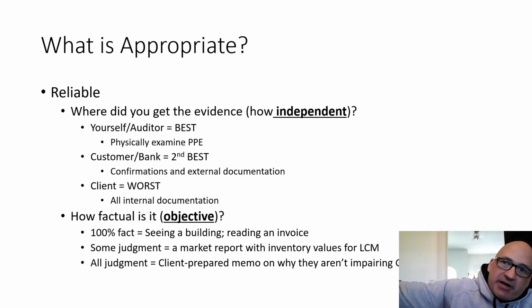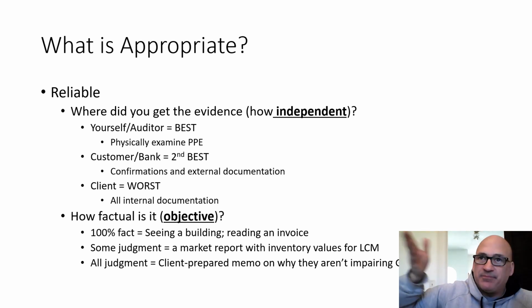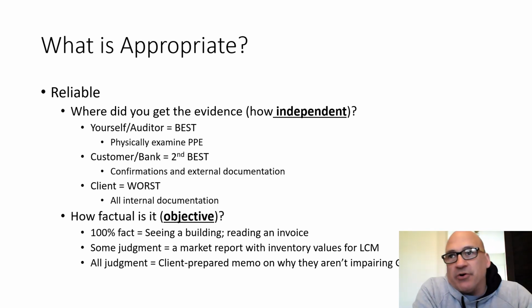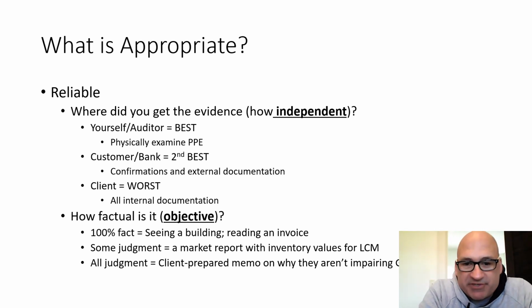If you're not talking about internal documentation, or you're not talking about inquiry of your client, which is essentially internal documentation because both are coming directly from the client, then you only have to evaluate the reliability of evidence on two dimensions. If you fail to do this, minus 72. So we're defining reliability as a function of two and only two things, unless it's internal documentation. How independent is the provider and how factual is the evidence?